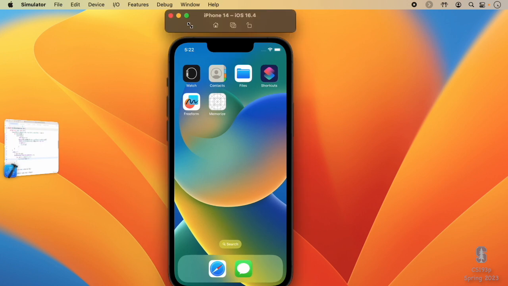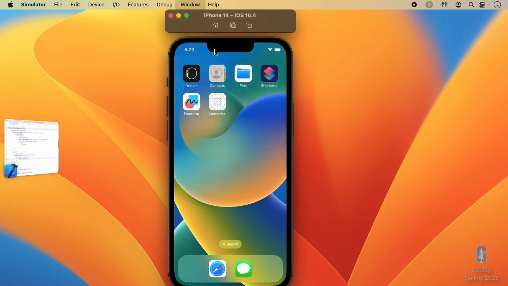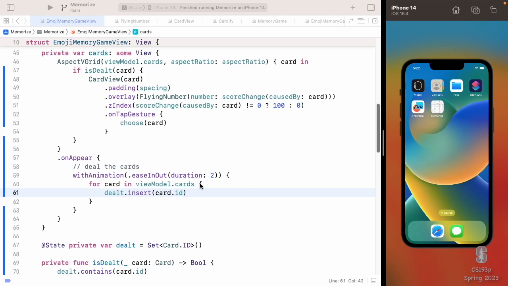See? I'm going to do something really cool. So watch closely. I'm going to say window, tile this on the right side of the screen. And when you do that, it's going to, on the left, give you all your other windows that are up and say, which one do you want to be on the other side? And I'm going to want Xcode. And now I get this nice tiled view between these two apps. And this will stay on screen for me.